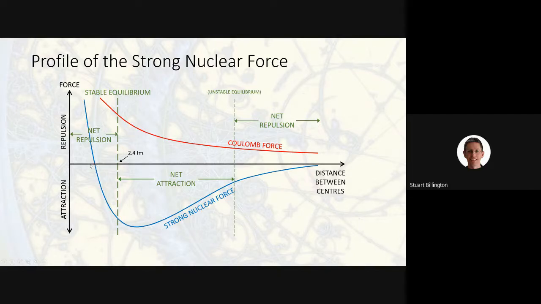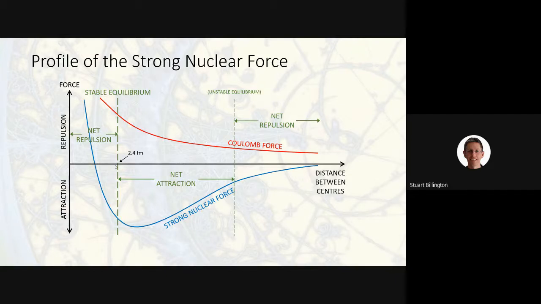So this is your fuzzy region here. Two protons are held a little bit further apart than two neutrons are, or a proton and a neutron. So this fuzzy area here is the region in which your nucleons are separated. So it becomes difficult to say with certainty that the distance between two centers is exactly 1.2 femtometres